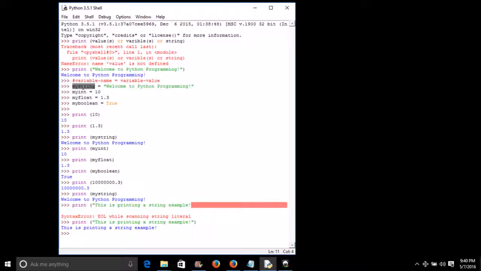This is the variable name, and this is the variable value for the corresponding variable name, in this case my string. The variable, in this case my integer, is the variable name and 10 is the variable value. So declaring a variable just needs two components, variable name and variable value.